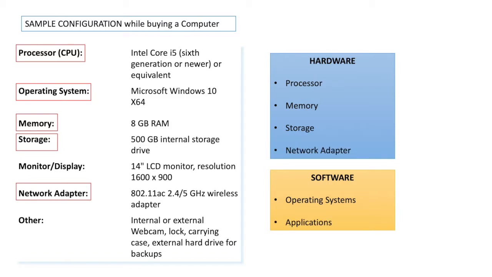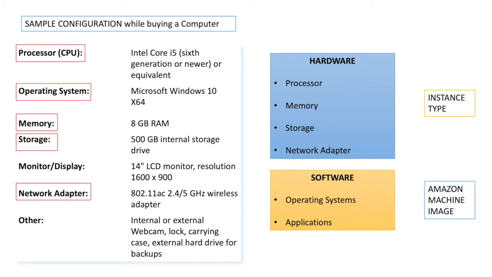And there could be certain additional applications within this computer. So let's say if you buy a Microsoft computer with a Microsoft operating system, it comes pre-installed with certain kinds of licensed products like Microsoft Word and Microsoft Office. So these are the components that form the software part of it, and the top ones are the hardware part of it. Now in terms of AWS, the way we mention the hardware type is called the instance type. And AMI, which stands for Amazon Machine Image, represents the software part of any computer.